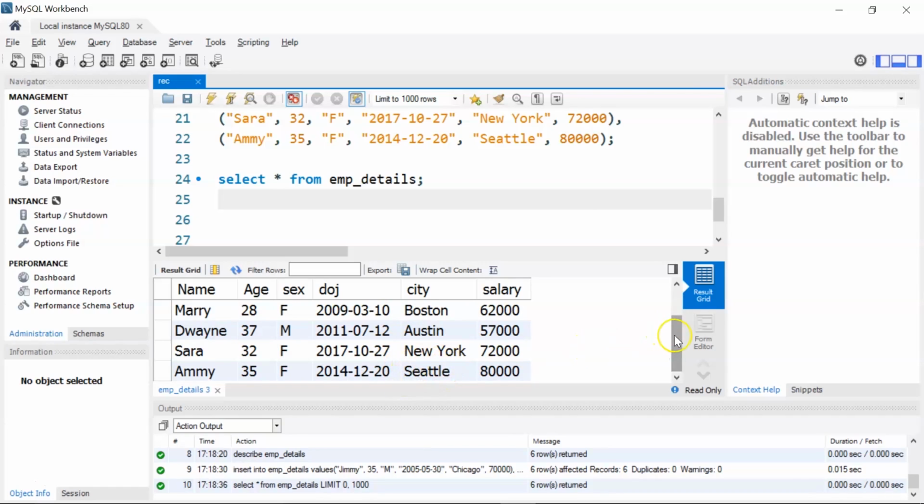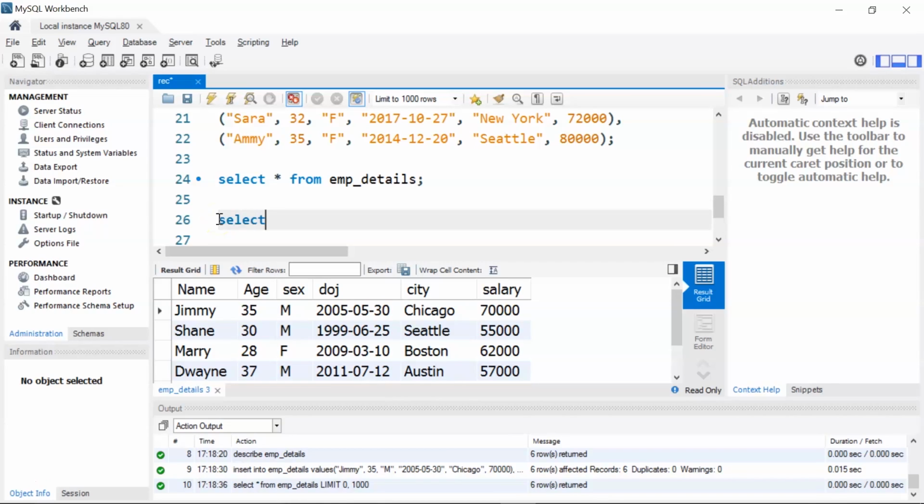So I only want to print the unique values. So for that, I can write my select statement as select distinct. Then I'll give my column name, which is city, from my table name, that is emp details.